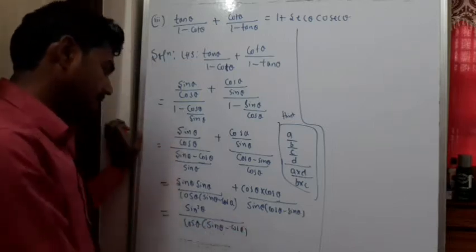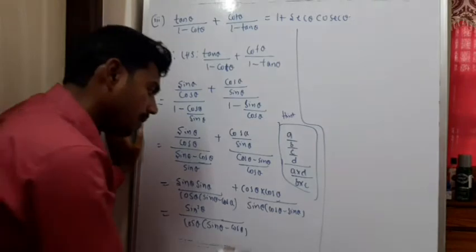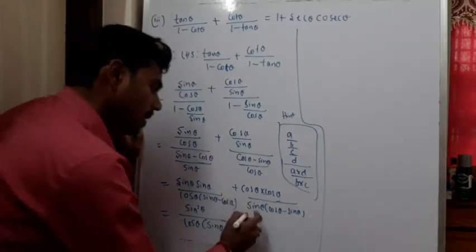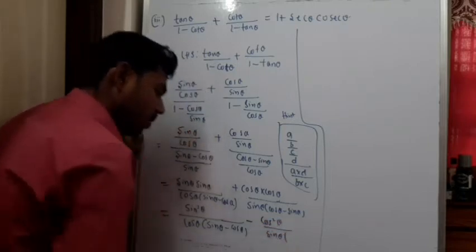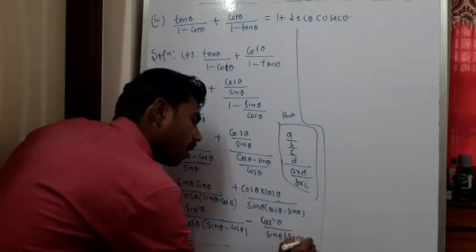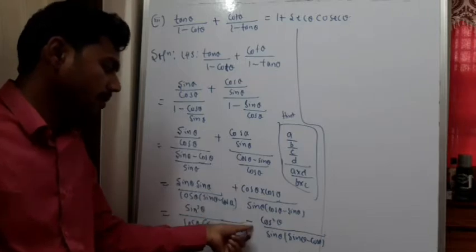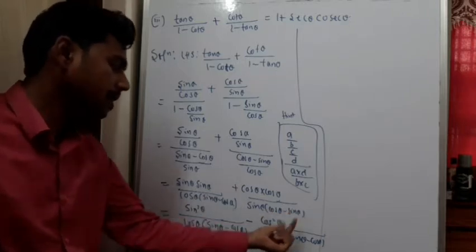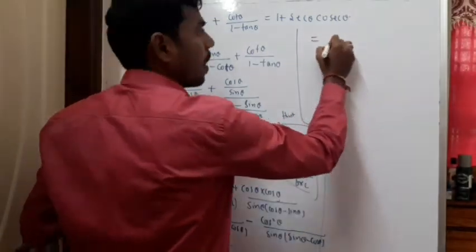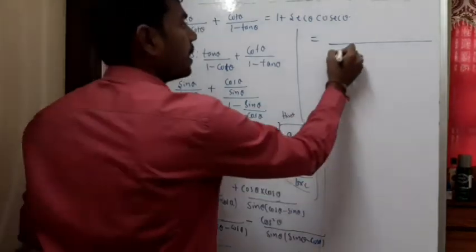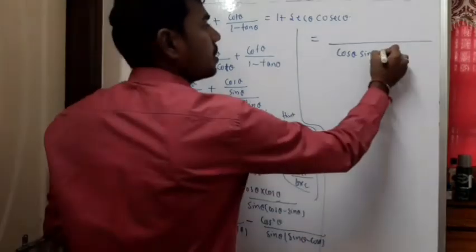So I need sin theta minus cos theta, but I have cos theta minus sin theta. If I take minus common out, minus will come out. So minus into plus, minus it will become. So cos square theta divided by sin theta into sin theta minus cos theta. Understood? Minus I will take out, this minus will come here. Cos theta minus sin theta will become sin theta minus cos theta. Now I will continue here. So what is the LCM then? Cos theta into sin theta, cos theta into sin theta minus cos theta.